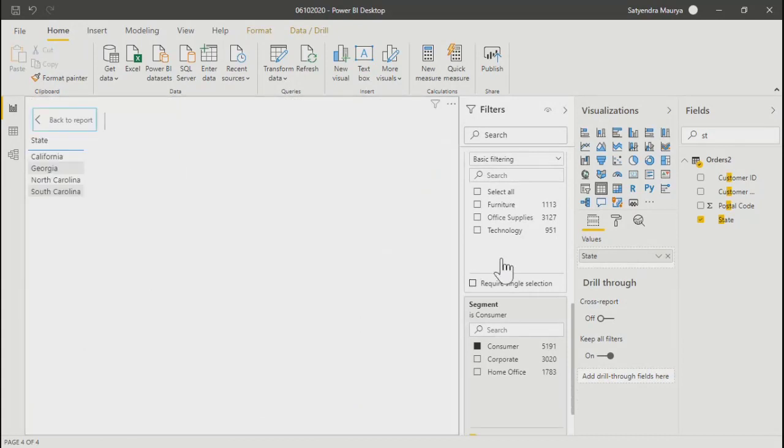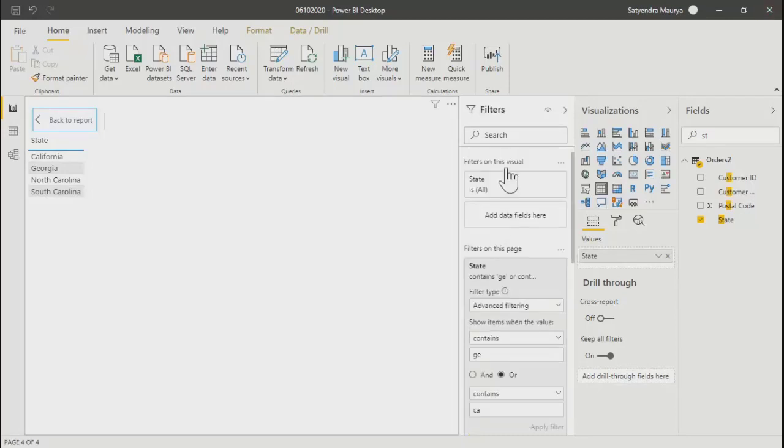Okay, now if you see, because of that filter, you are getting only 4 states: North Carolina, South Carolina, Georgia, and California. In case you change that filtering option, this one, you put something else and apply filter, accordingly these values are going to change, right? So that's how your advanced filtering will work.